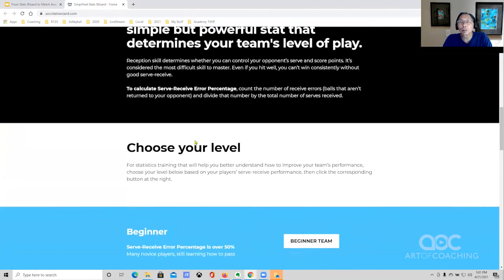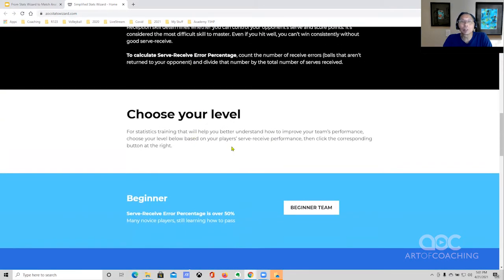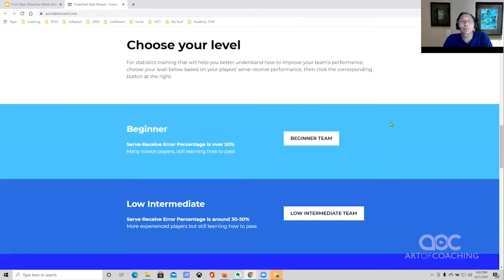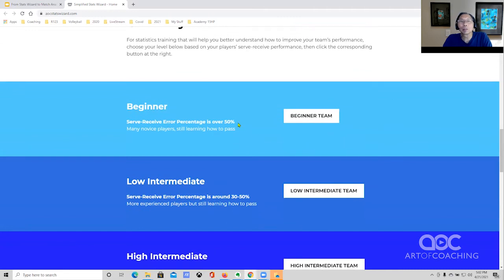So once you've done that calculation by statting your team, then we've distributed this over various levels. The first, of course, the beginner level. And I'm saying that maybe about a 50% or greater error rate. Now you've seen this, right, at 11s and 12s where a server goes back and basically serves 12 balls in a row. And next thing you know, the game's over and you haven't even been through more than maybe 3